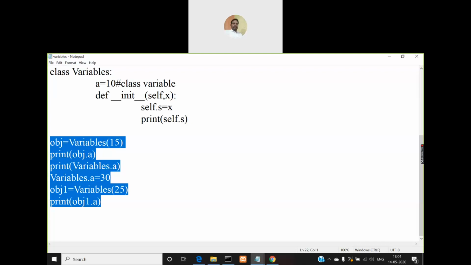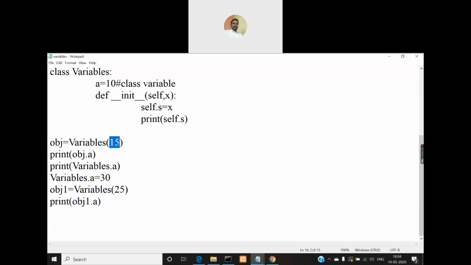Okay, so first I'm creating an object called obj, and because the constructor receives one parameter, I'm passing 15 for it. Then I'm printing obj.a. So what is obj.a? We have created a class variable a, right?